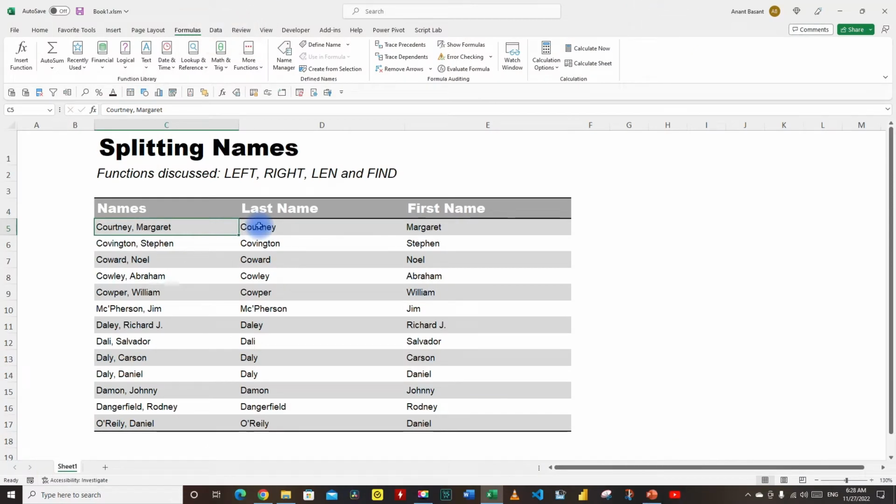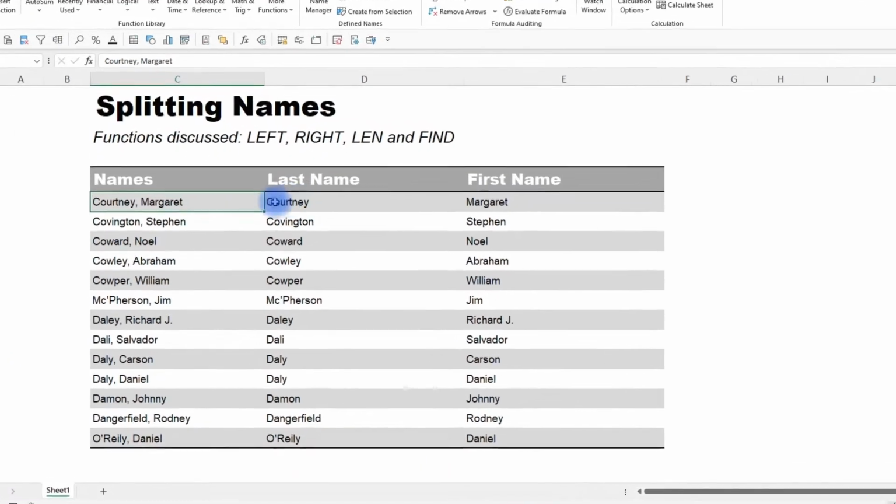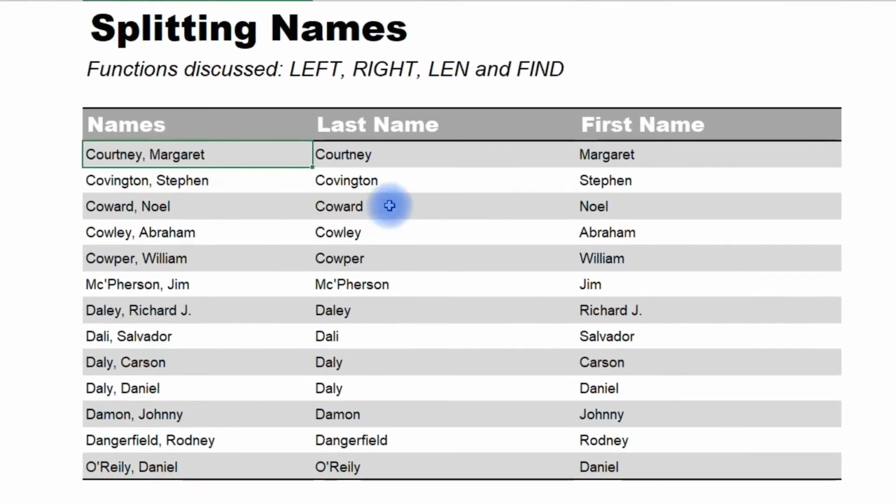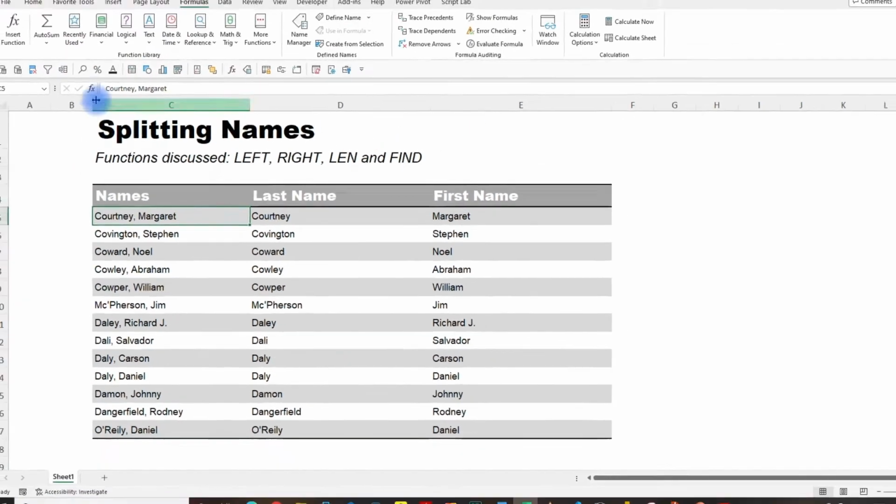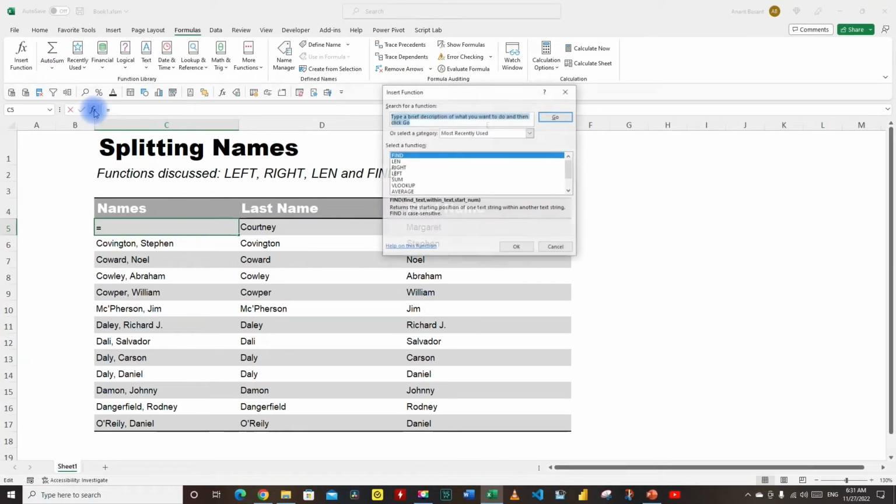Splitting and extracting text from other text strings is a useful exercise. Here I have got a few names and I want to extract the last name and first name from them. Doing this manually would be a tedious exercise, so I have decided to use these functions to split these names into first name and last name. Let us first see how these functions work individually, and then we will use them in combination so that we can accomplish this exercise. I'm going to this functions dialog box